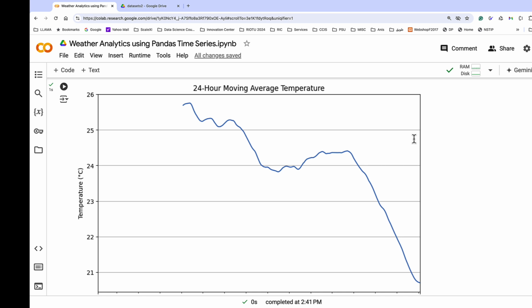See what I mean? It reduces a lot the noise, and we can see the trend. So I can see that the temperature was decreasing, but at some point was stabilizing for a couple of days, and then decreasing sharply. So smoothing the lot of fluctuation helps you to have a better understanding of